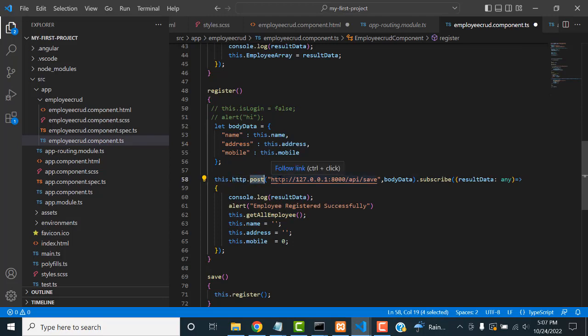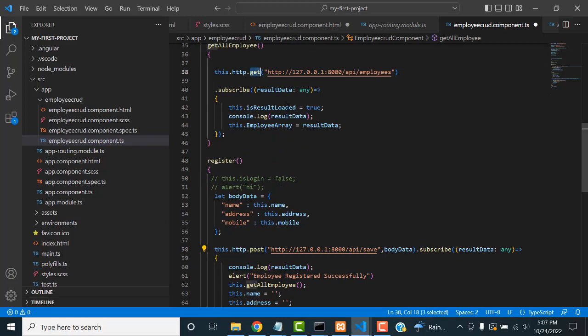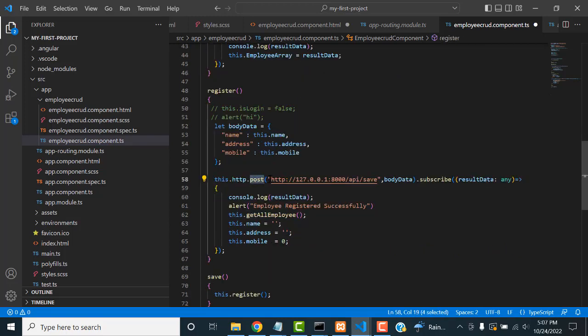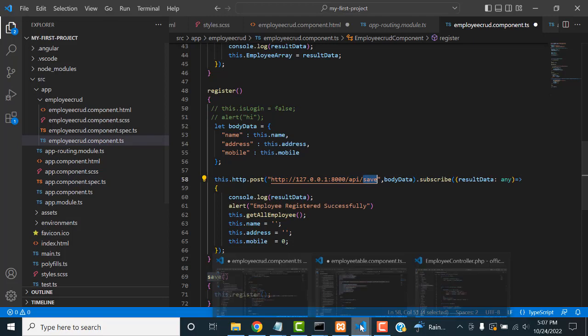When you load the table data, we saw the GET request. Here we are posting the value. So you have to write this API, the API save method. API save means it goes to the